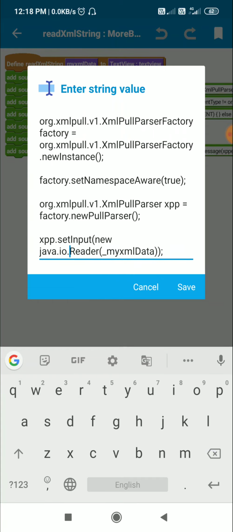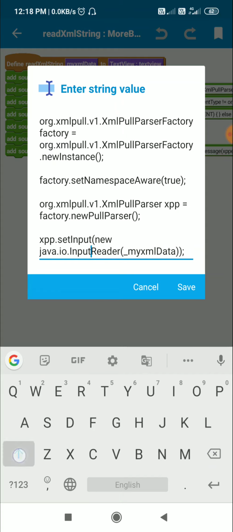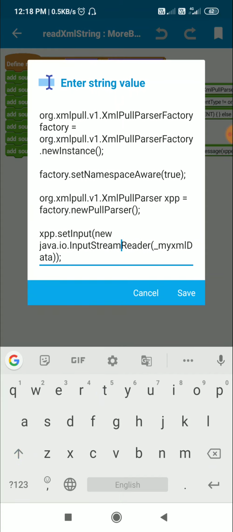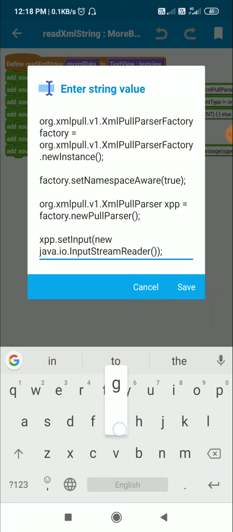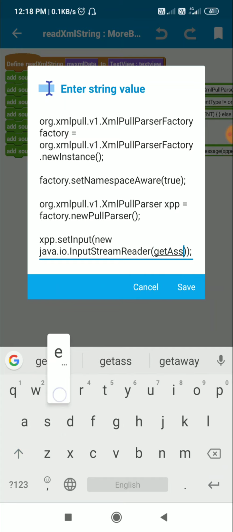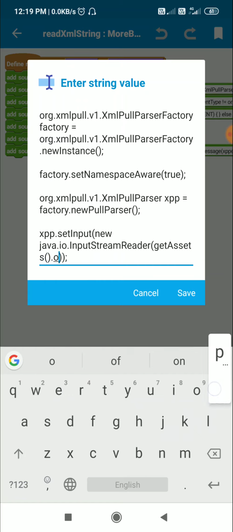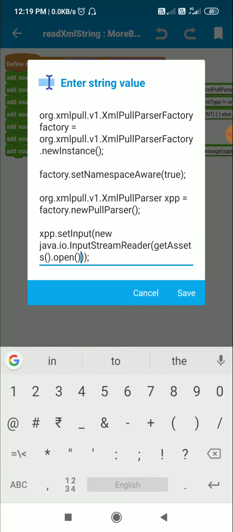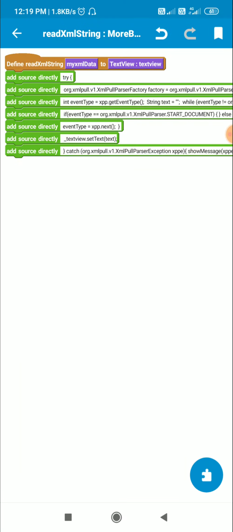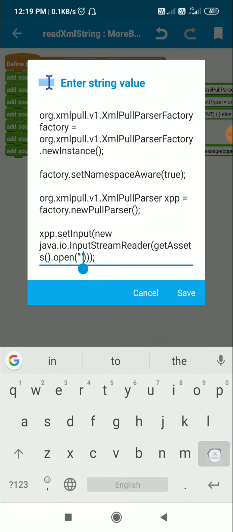Instead of string reader, I will use input stream reader, and in the input stream reader I will use get assets dot open, and in this open I will enter the file name. So the file name in this case will be my XML data. This my XML data will act as file name.